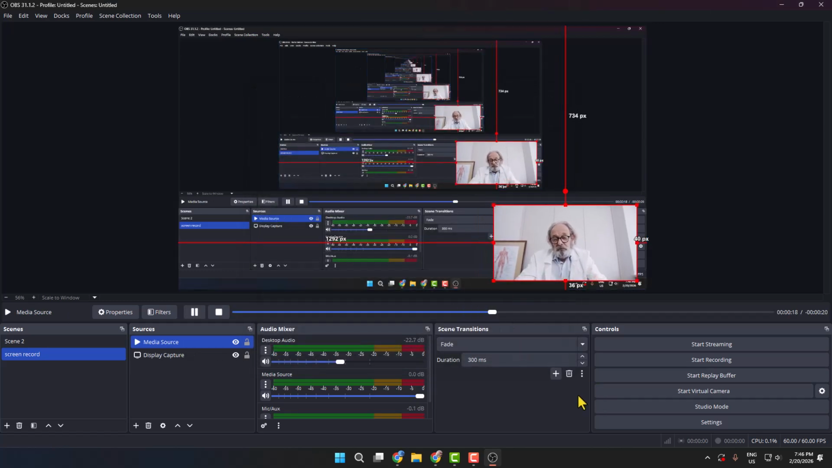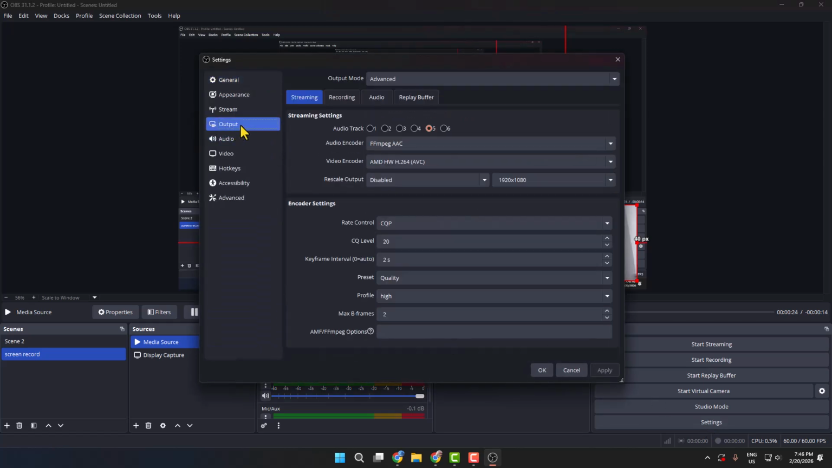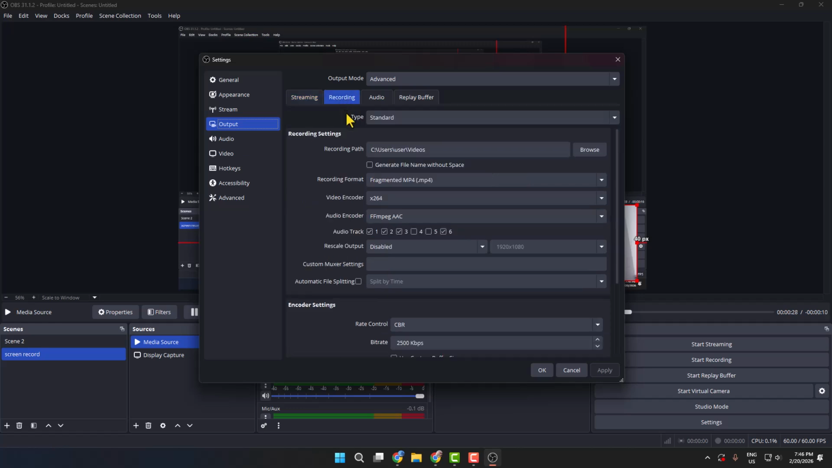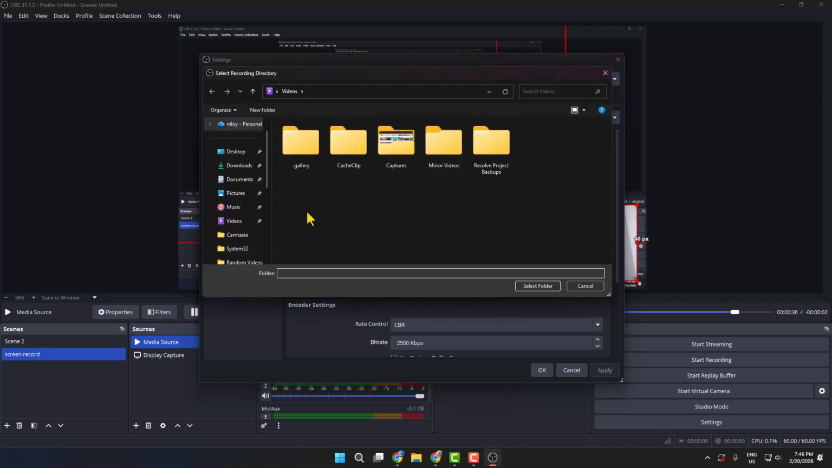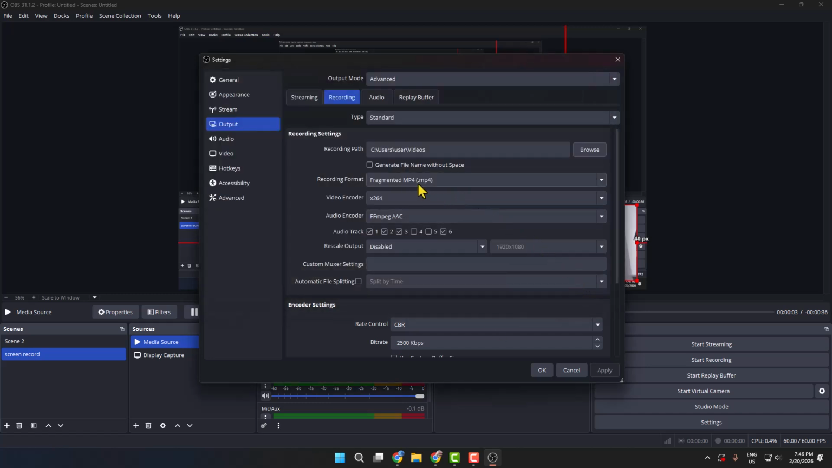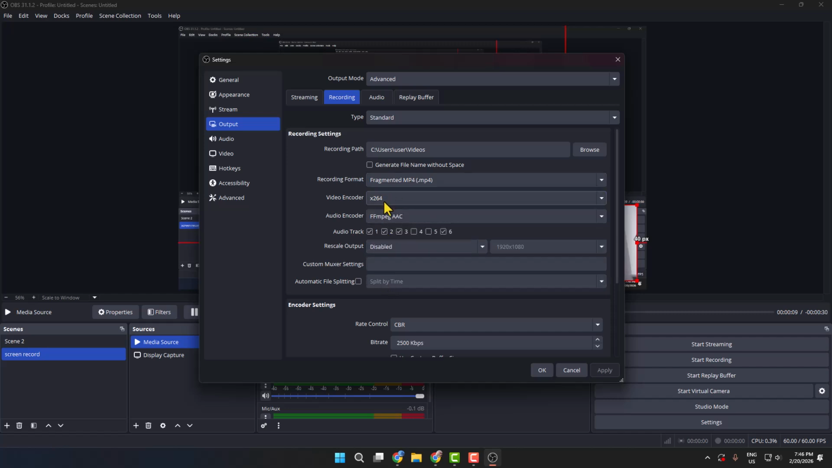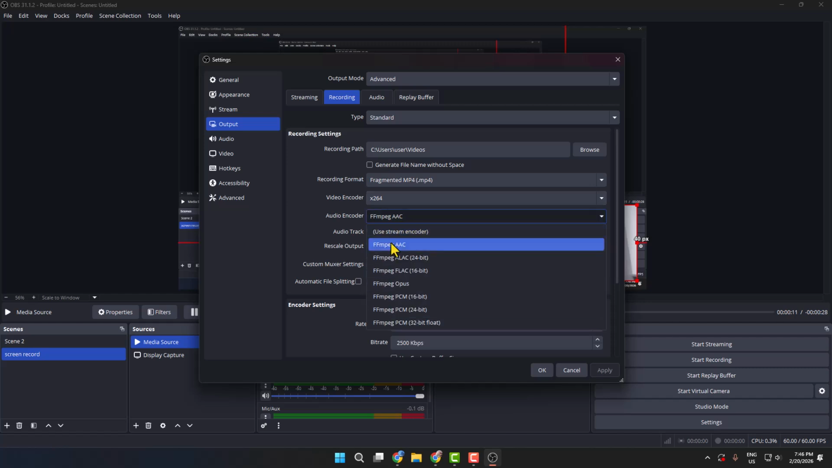Okay, now before starting record, go to settings. In settings, select output, and here select recording tab and click this browse option and select a folder where you want to export your screen record file. And then for recording format, select MP4, and for video encoder, select this option, and for audio encoder, you can just select any